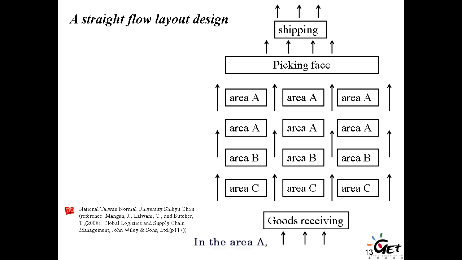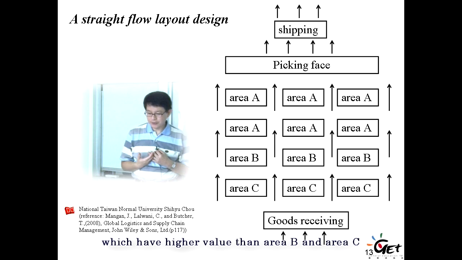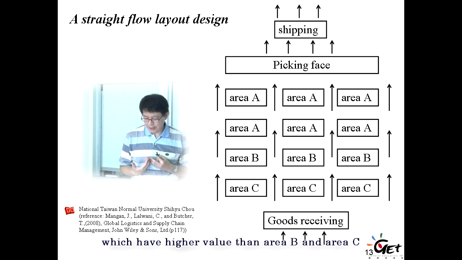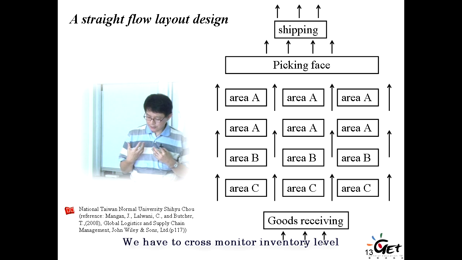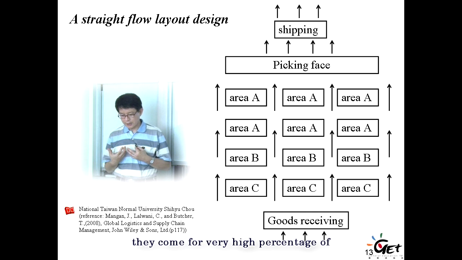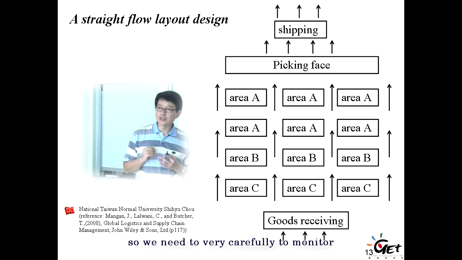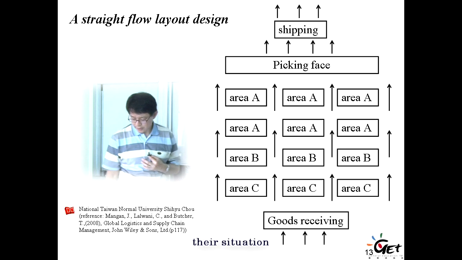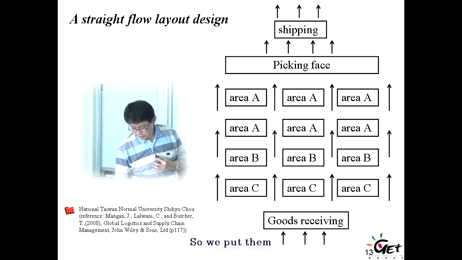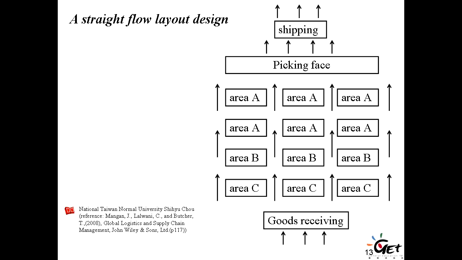So in areas A, we have those items which have a higher value than areas B and areas C. And we have to very closely monitor their inventory level, because they account for a very high percentage of the total inventory costs. So we need to very carefully monitor their situations. So we put them in the areas very close to the picking phase. So this is the straight